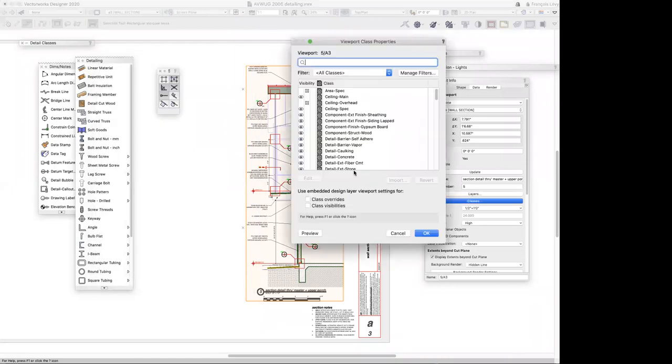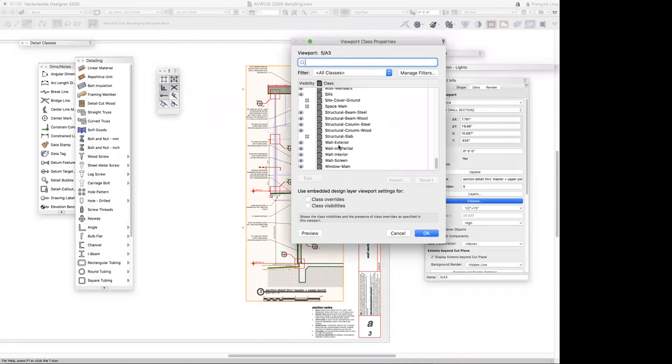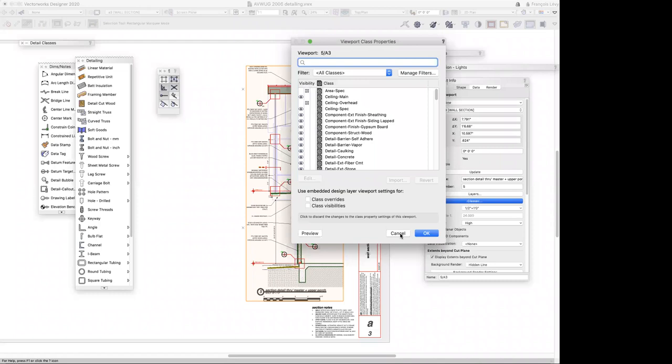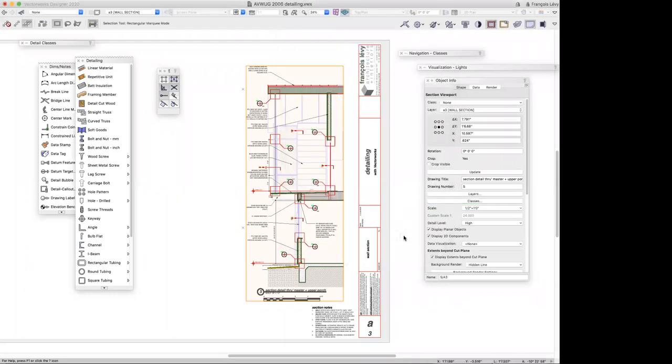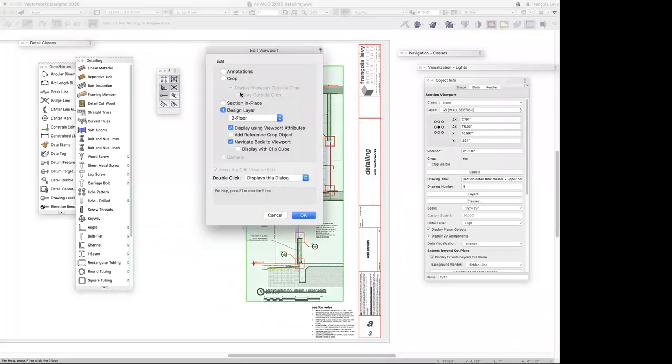And then for classes, I pretty much have anything that I want to see in the model is going to show up as a class within that viewport. And that's quite logical, I think. If I want to see it, then I need to turn its class on. I can display planar objects and components. The reason I would display planar objects is if I have any 2D geometry that I've drawn on a plane, I might want to see that. So, for example, these ceiling battens